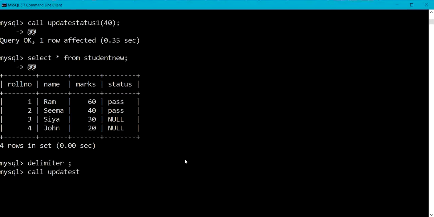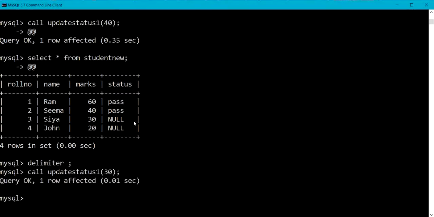Call update status 1 for marks 30. So we know that here Sia is a student whose status is null. Okay, and I am calling now update status 1 with marks 30 as input parameter. Let me terminate it with semicolon.